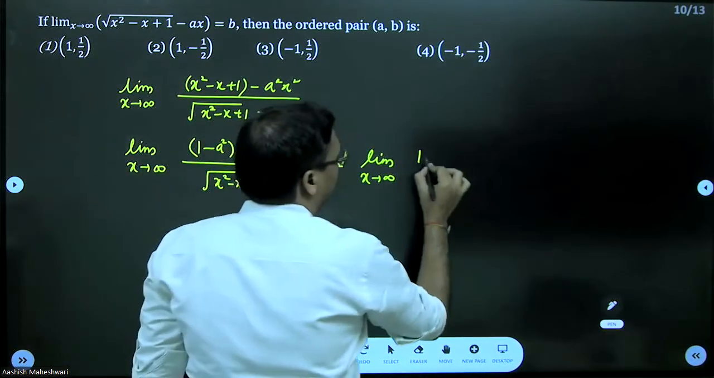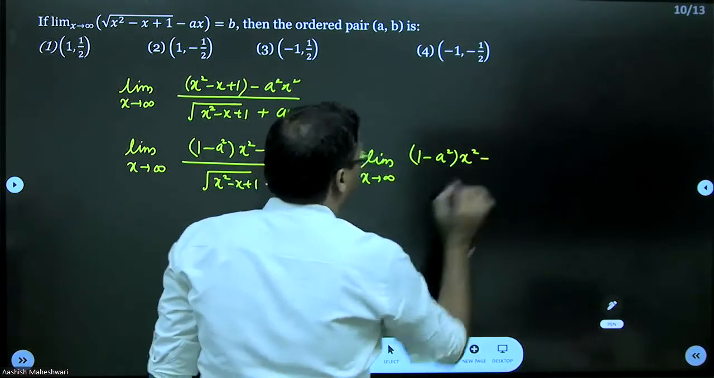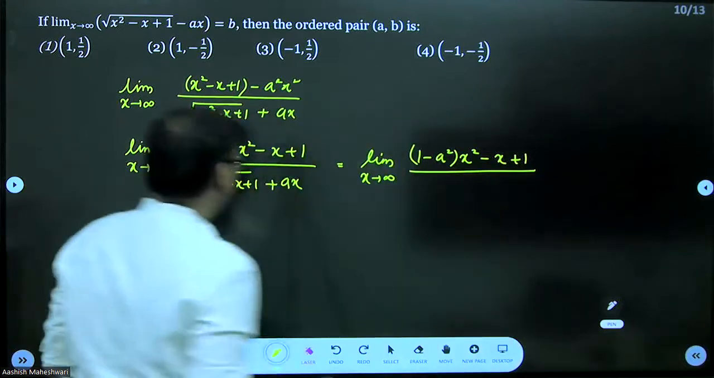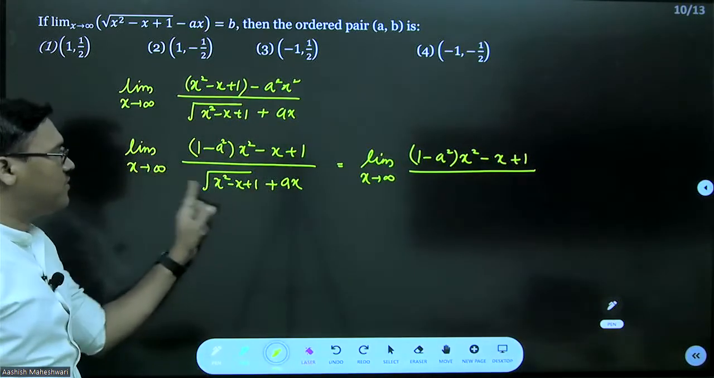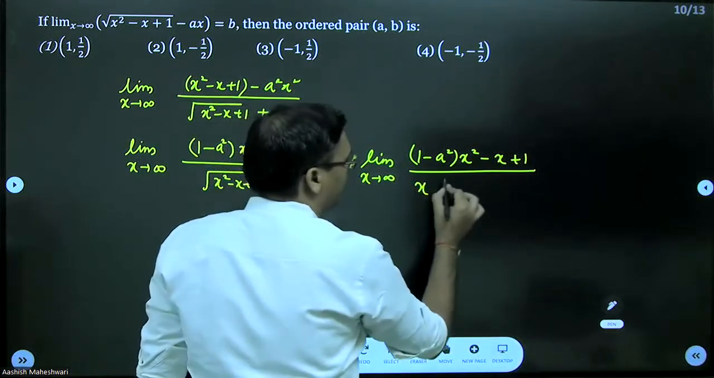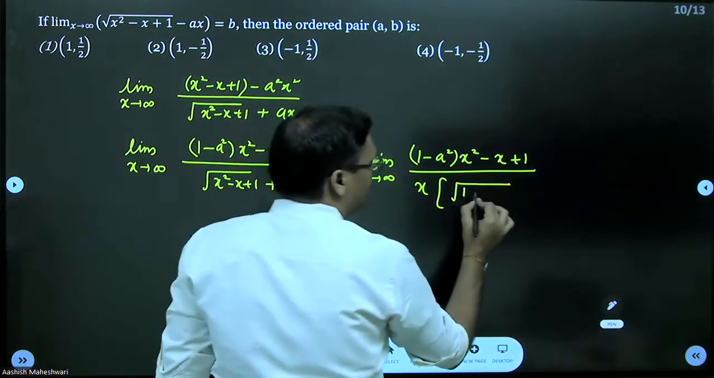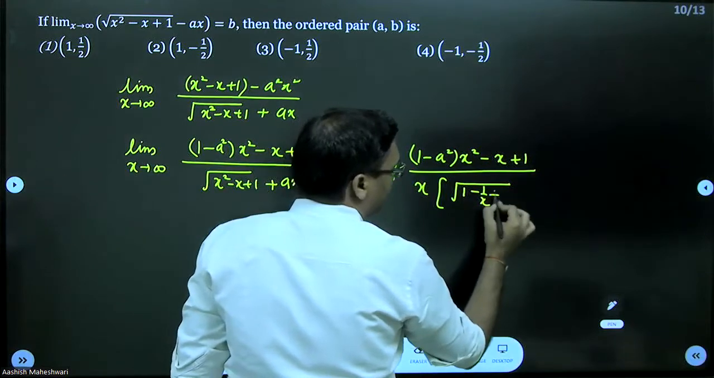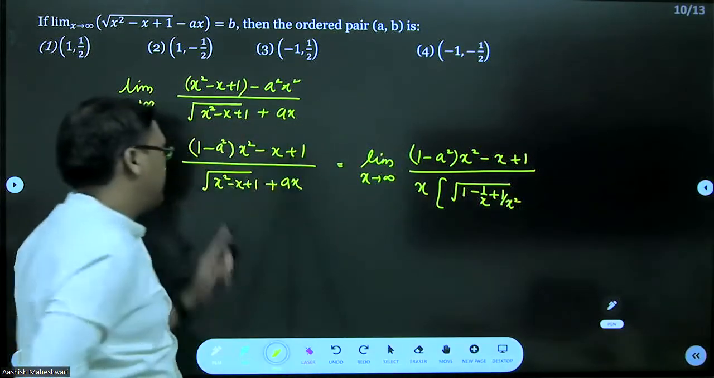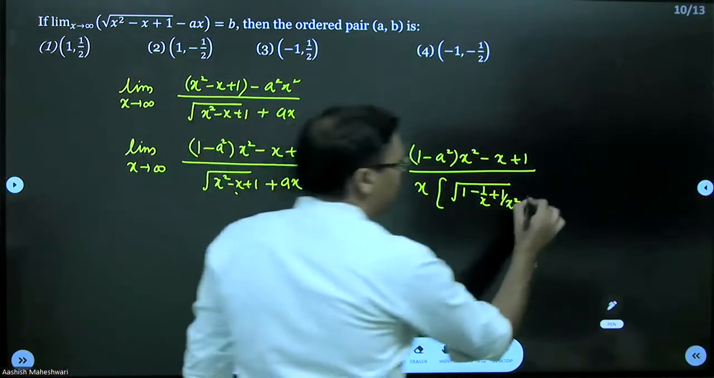This is a minus a square x square minus x plus 1. Now observe. If I take x square common, then x comes out from here and x also comes out from here. So this will become x under root of, x square common taken, 1 minus 1 by x plus 1 by x square. Check this. Just taking x square common, 1 minus 1 by x, 1 by x square, and plus a